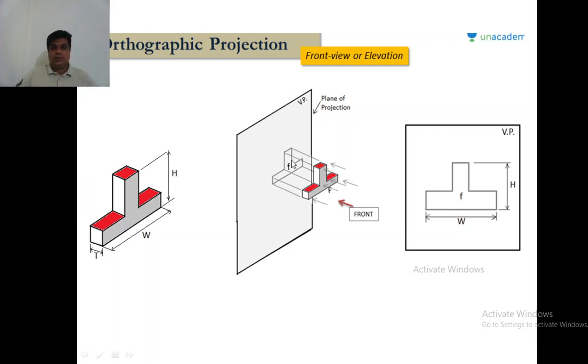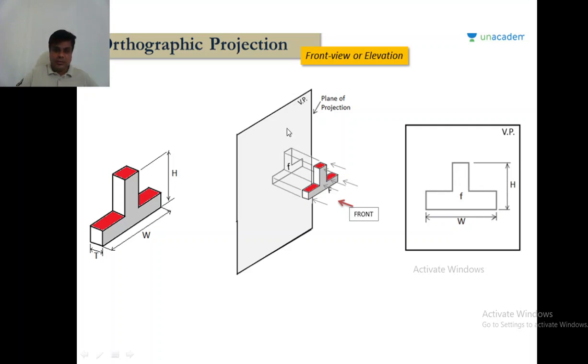So you'll be drawing it here like this. This plane and the view you are drawing here. This is the vertical plane, right? On this vertical plane, this image is seen like this. That image you are drawing here, and you can see the size of this: this height, this width. In the front view, you can see only the width and height. Thickness you cannot see in the front view. So in the front view, only the dimensions, width and height, are shown here, and this is the front view of the object.